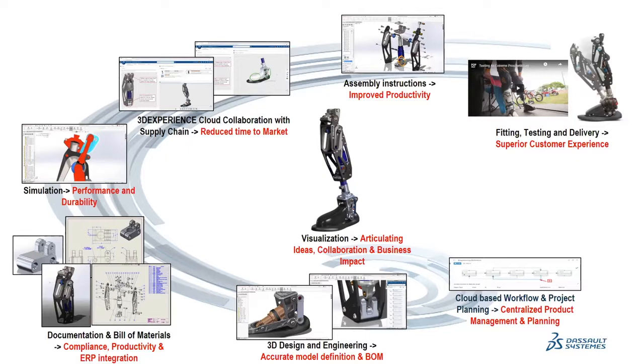The way we call it is design, simulation, governance, and of course, the last part will be manufacturing. So for my next 15 minutes, I'm going to focus more on the design, governance, simulation